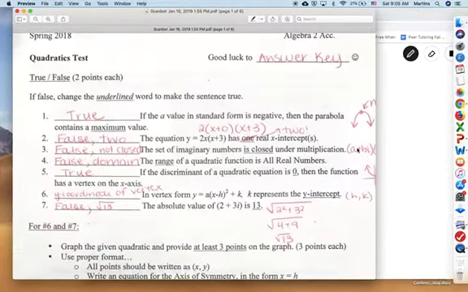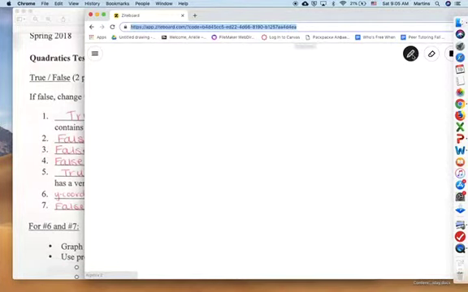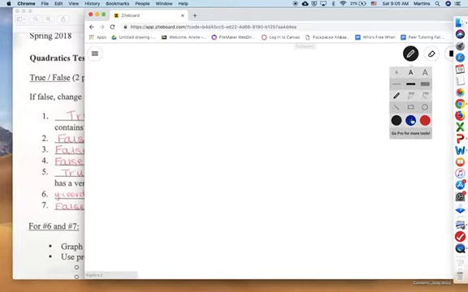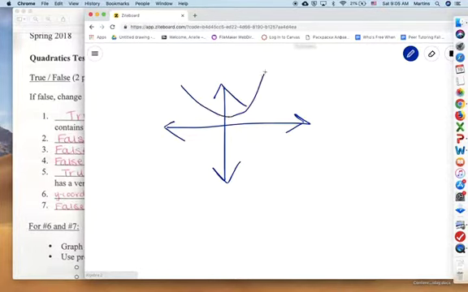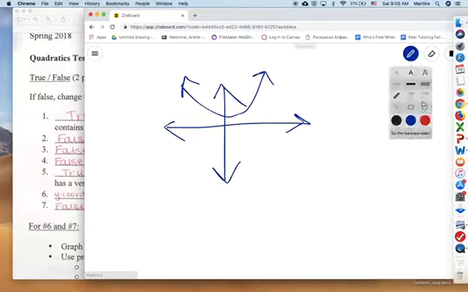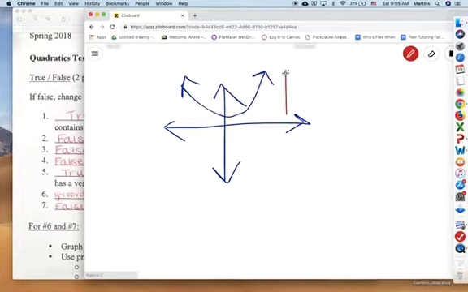Okay? Number 4, the range of a quadratic function is all real numbers. Okay? I'm going to just use this tool right here to give us some kind of frame of reference. Okay? Here is my x and y axis. Okay? And here's a function. Okay, the range basically says what are all the possible y values. So basically, we're looking up and down, and we're trying to say what's possible in terms of